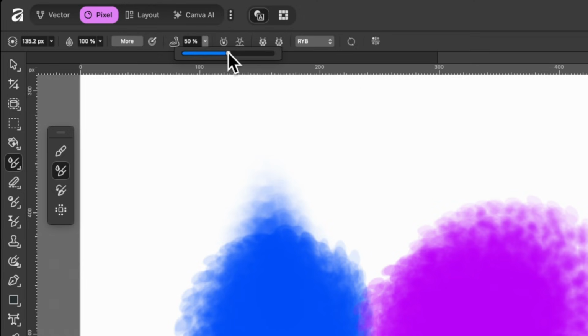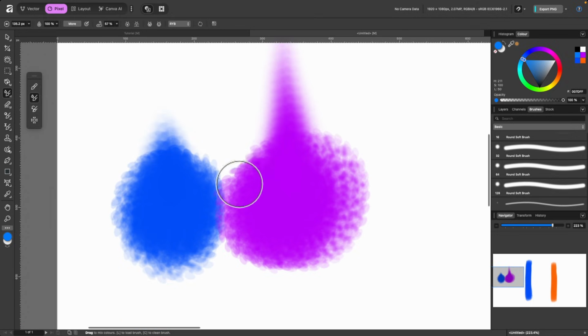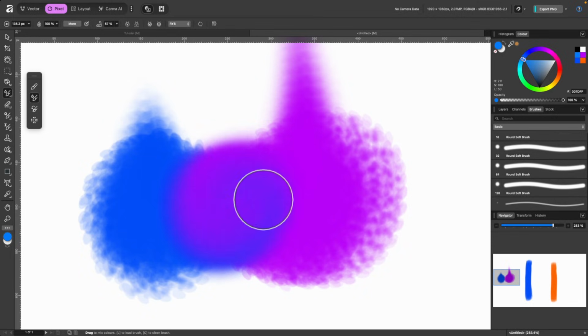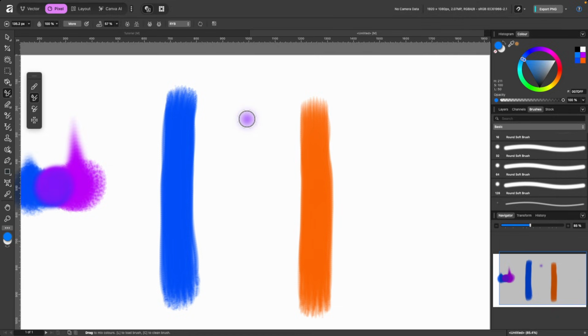If I up the strength here, and we'll do it on this one, you can see the tail is a lot longer. So if I go down here and I just click and drag, you can see I am blending those together. I'm mixing the paint. So that's the basics of it. Let me just go over here, and you can notice actually that now that I've used that, I have some color left over. So if I click and drag, this is the color left over from me mixing those paints.